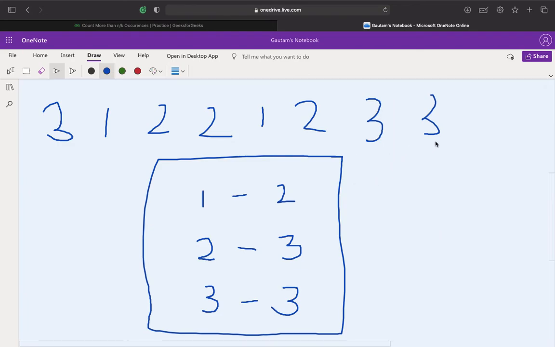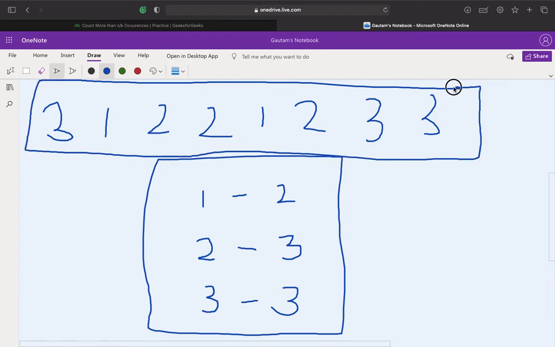So talking about the space complexity of this approach, it is big O of n, because we are using a map data structure. And the time complexity will be big O of n as well, because we are iterating over the array to add these elements in the map data structure. But big O of 1 will be the time required to access any particular key, right? So now let's try to implement this.